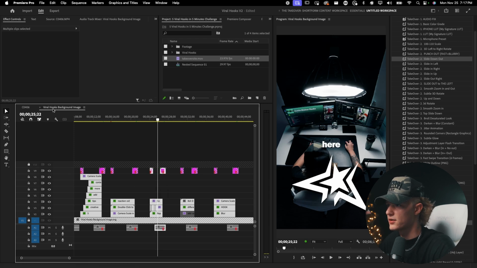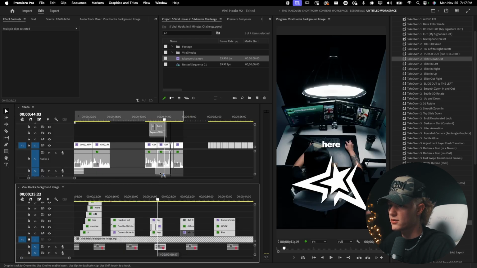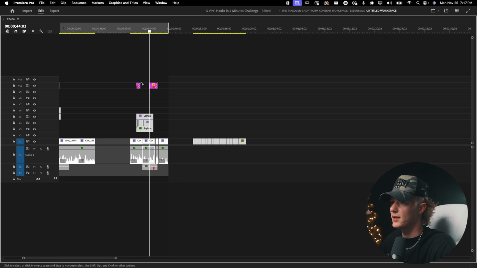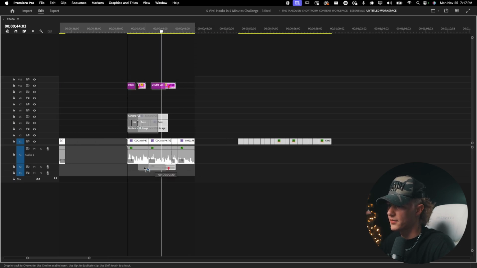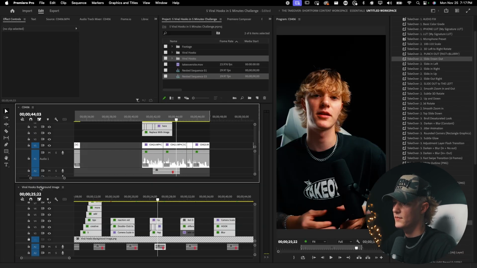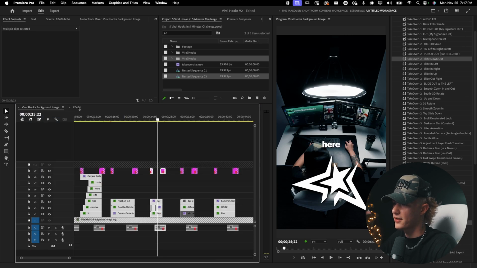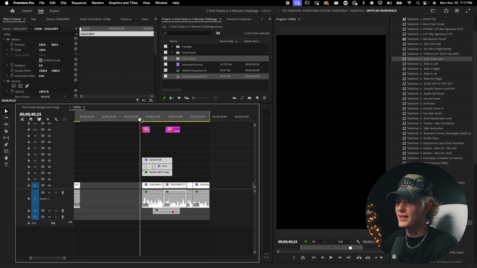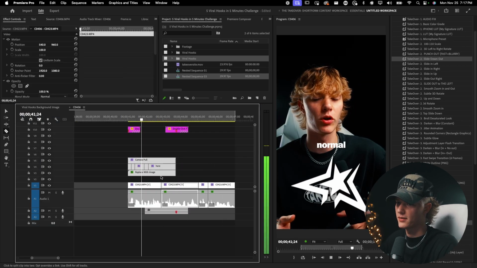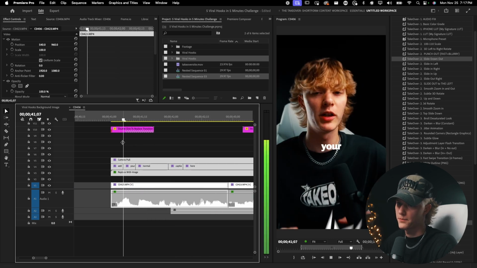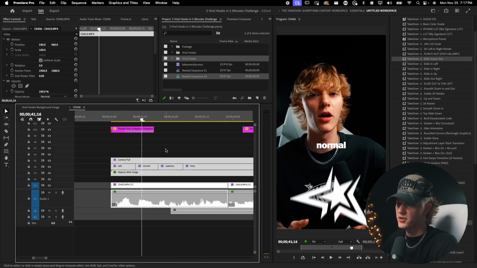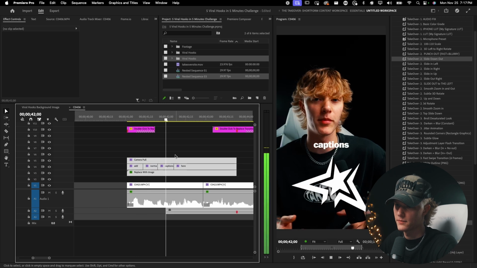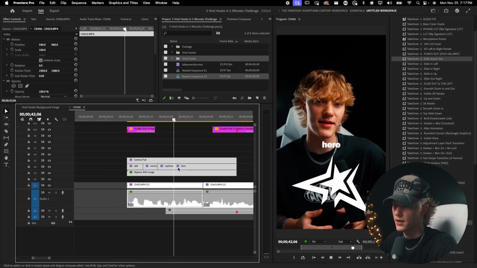So gonna just go ahead, do this, hold Alt, drag up, make sure it's lined up, and then go ahead, select all this, and then line it up to the beginning. Just like so, and then I'm gonna bring this back. Now that's probably the most annoying part, but it saves you so much time, so it's honestly pretty worth it. So I'm gonna say Premiere Pro. I'm just gonna line up the captions and select the text. Short form content